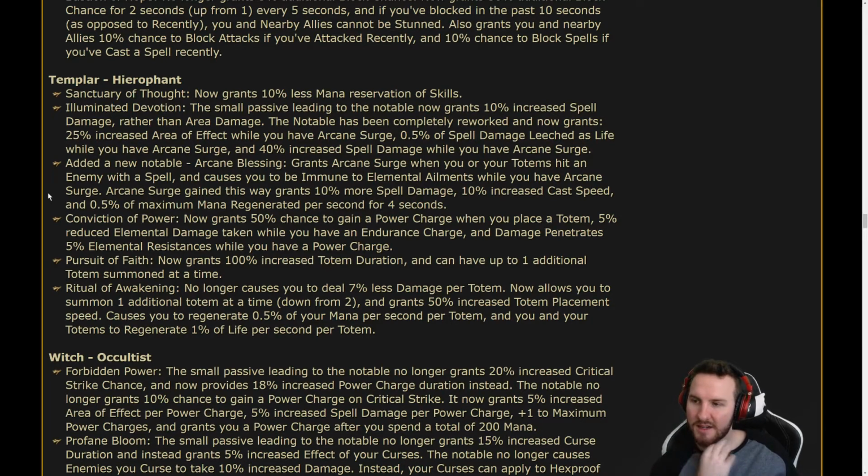Nice. Conviction of Power now grants 50% chance to gain a power charge when you place a totem, 5% reduced elemental damage taken while you have an endurance charge, and damage penetrates 5% of elemental resistances while you have a power charge. Okay, not bad. I wonder if that stacks, like...